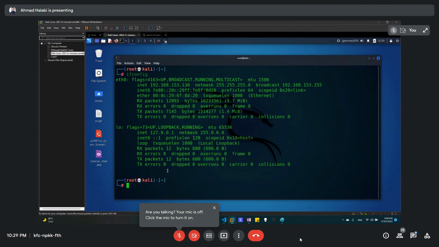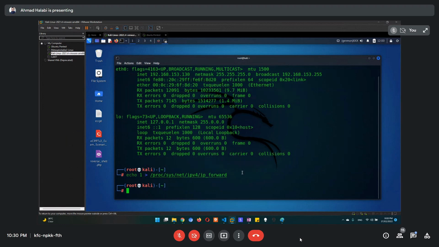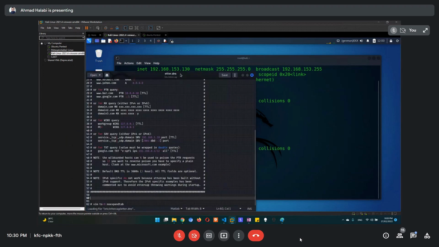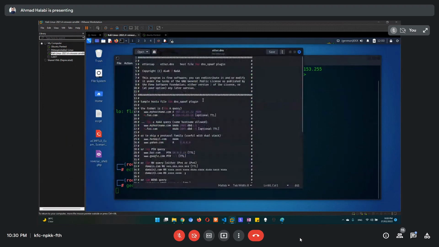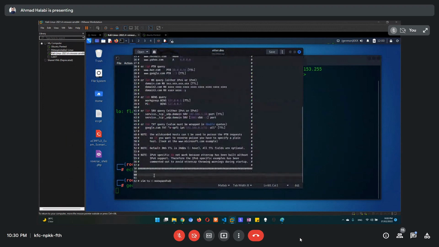So there is a command here, IPv4 IP forward. We want to forward all the IP addresses and connections. Then we want to edit the host file. In Ettercap, there is a DNS file called etter.dns. So this is the file. We want to assign that all connections inside this internal network, for example here, we can manipulate